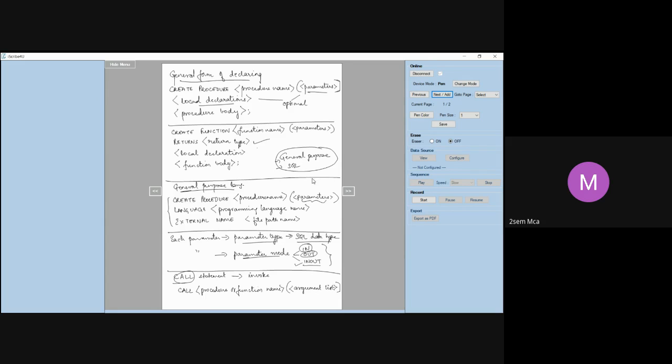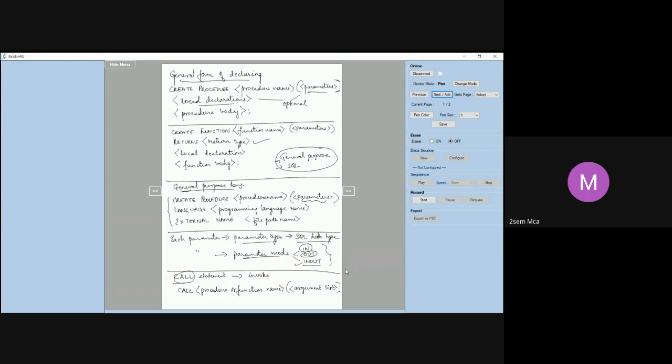Then I also told you that stored procedures and functions can be written using a general purpose language or SQL. When writing in a general purpose language, you should also specify which language you are using, so we use language followed by the programming language name, and we should also represent the path name where we have stored that code. For that we use external name file path name. That's about declaration.